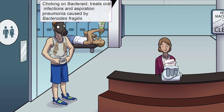So he probably shouldn't be drinking that while lying down. Keep aspiration pneumonia in mind when an exam question involves a patient with reduced consciousness, such as in alcoholics or anesthetized patients. Upper GI disorders, like dysphagia or protracted vomiting, or upper GI procedures, such as intubation or NG tube